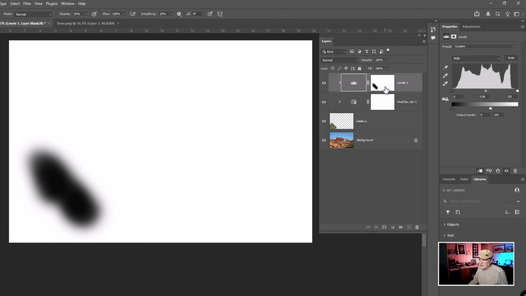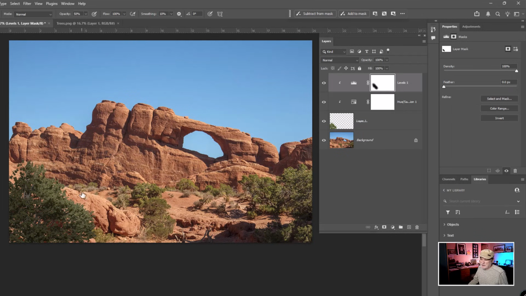So here's my mask. And this is what I want to add right there, to make it a little bit more realistic. So there's a before, after, before, after. And there's a color before, after, before, after. So that's just an example again of, in this session, using a clipping mask to control certain areas of my